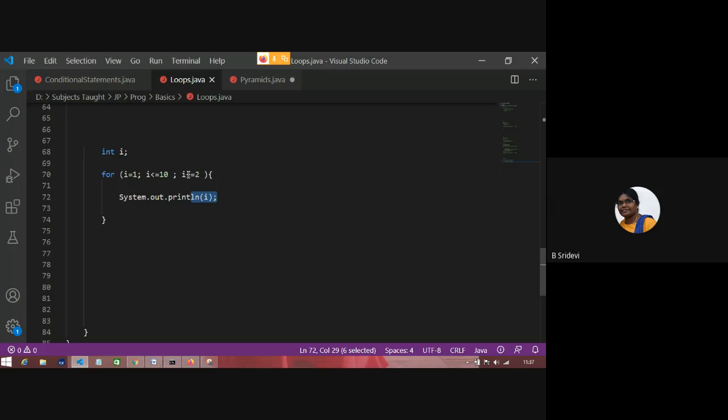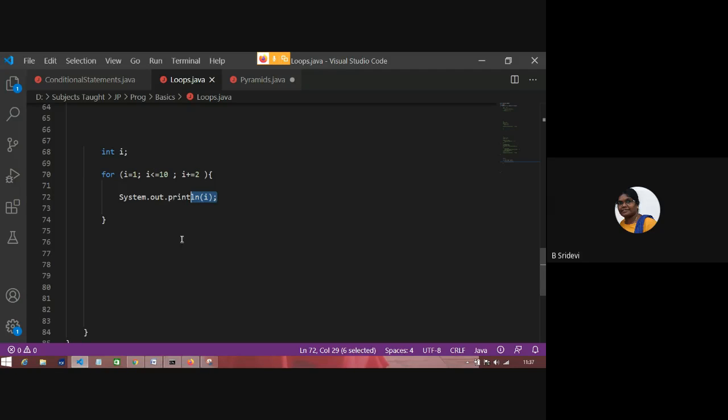i becomes 3. After i becomes 3, it will again check the condition, 3 less than or equal to 10. As it is true, we'll print 3. After body, updation. After that, condition 5 less than or equal to 10, true.